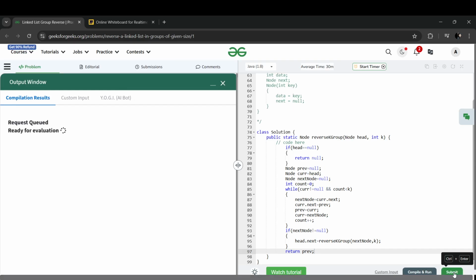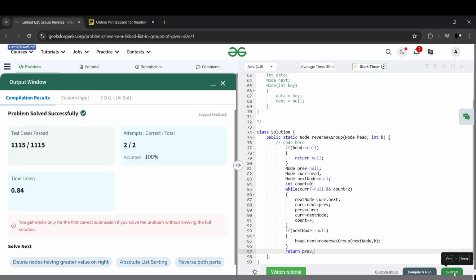Basically, this is a simple one only if you know the reverse of a linked list concept, where we are going to use three variables overall: previous, current, and next. Okay, so yes, thanks for watching this video.